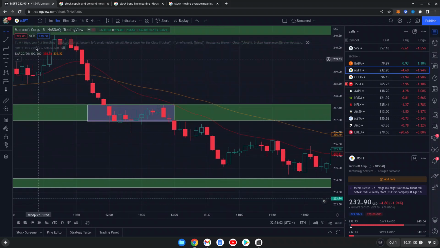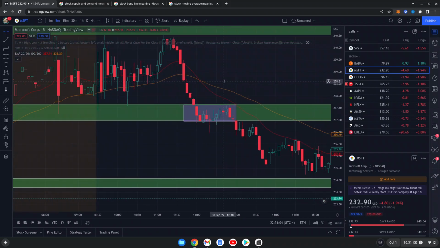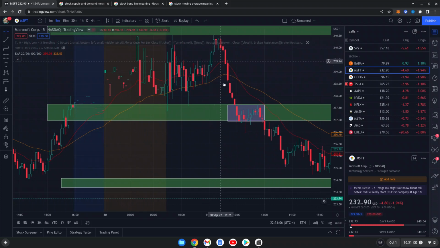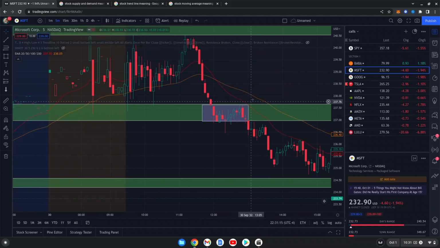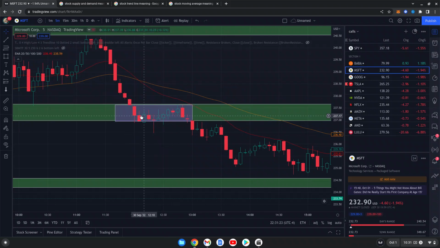So since the stock opened up here, this would be our demand zone. We're thinking maybe the stock might go back up if it can break through this. What is this? Our moving average. If it can break through our moving average and it's consolidating, we can see sellers are stepping up,